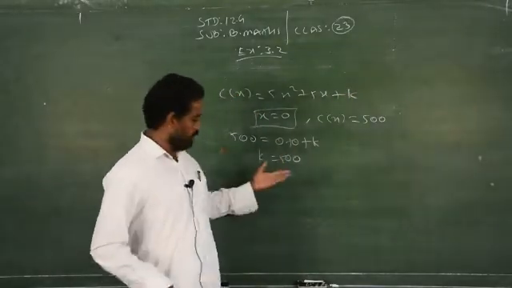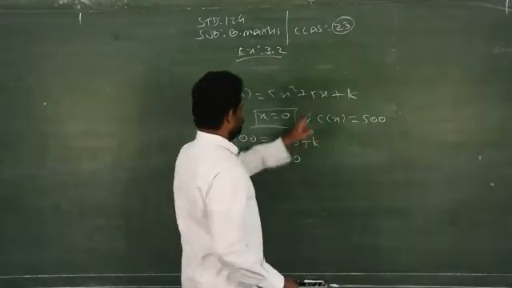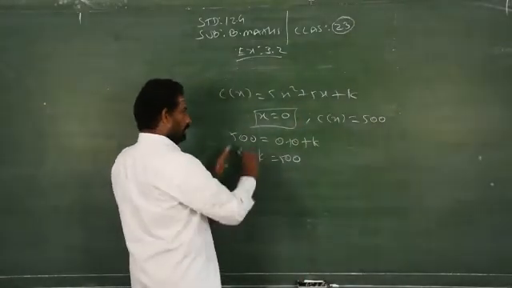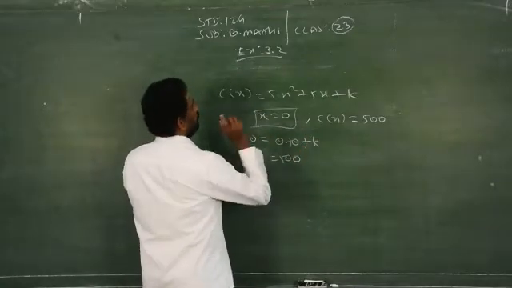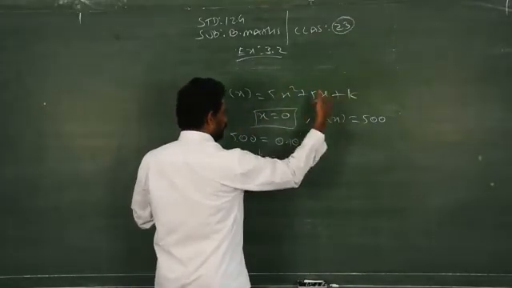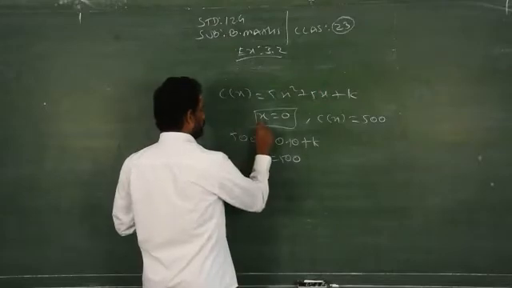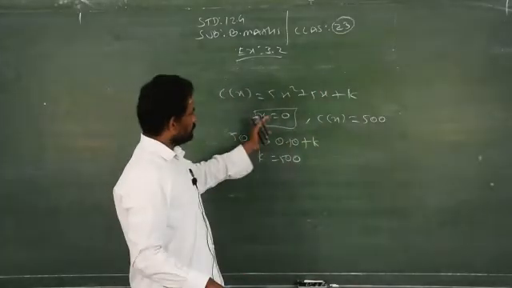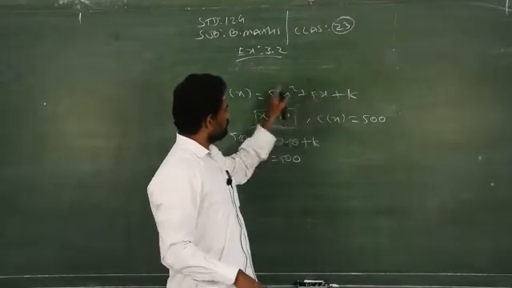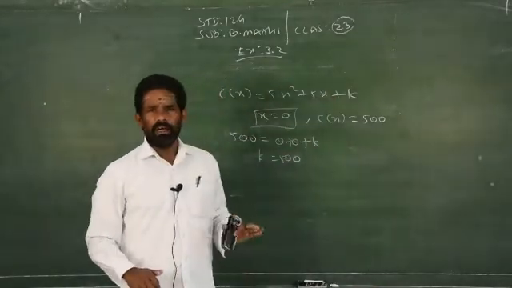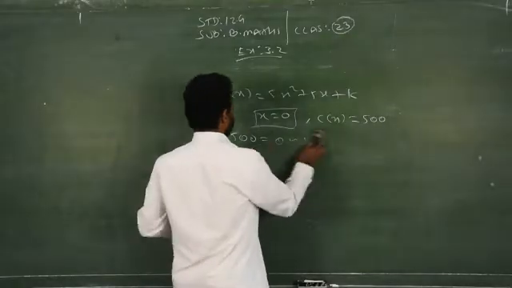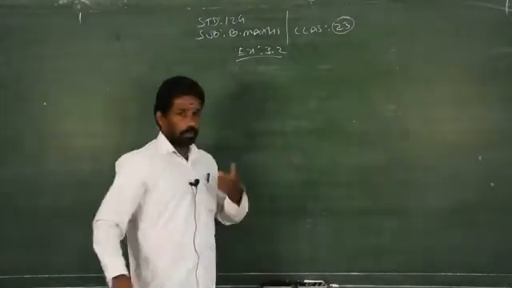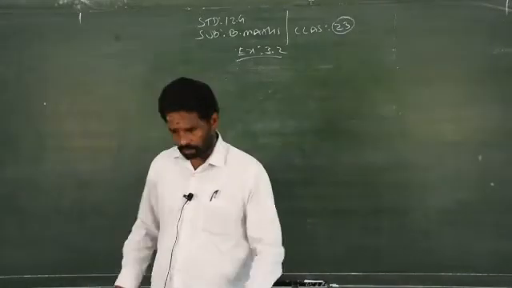But we did it straight away. We replaced k directly by 500, since fixed cost refers to k. But mathematically you have to prove it in this format. When the fixed cost is given for any case, you have to take x equal to 0 and the cost as 500. Substitute these two in the given information and find the value of k. Are you clear? So don't take it that fixed cost always refers to k. You will get wrong answers for some questions.